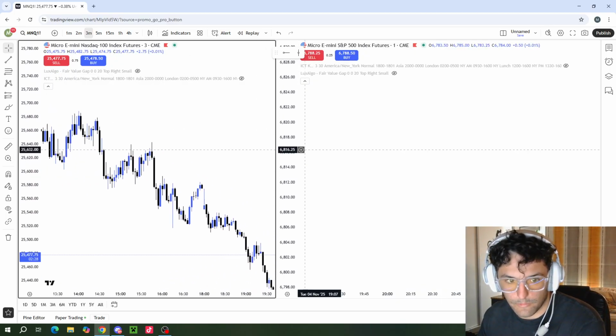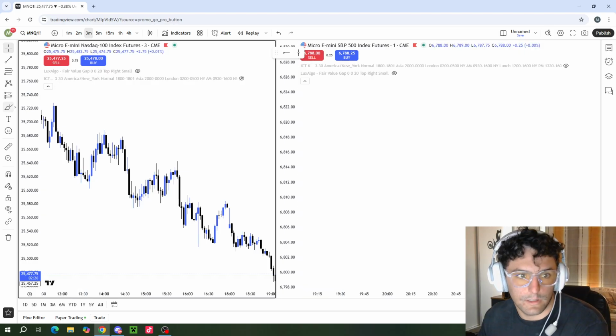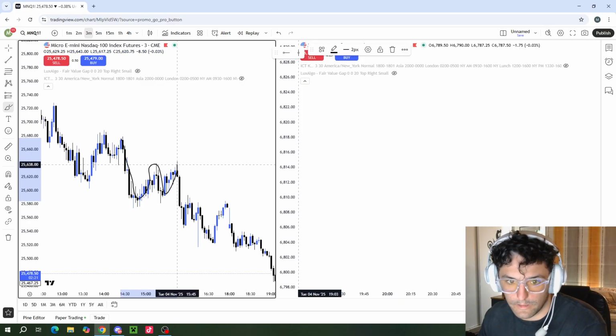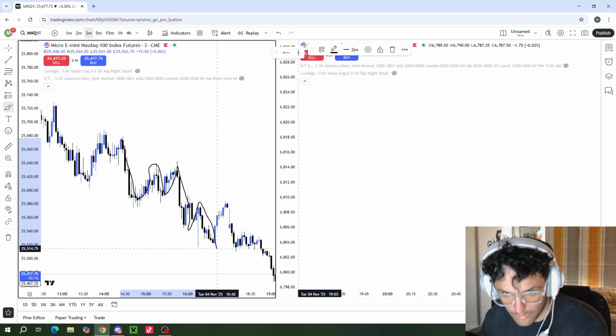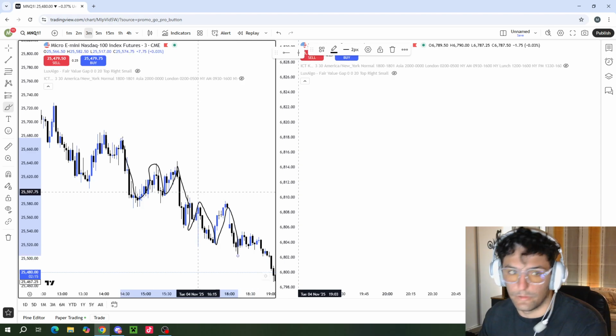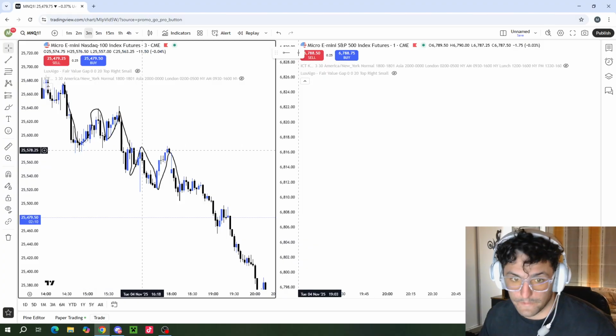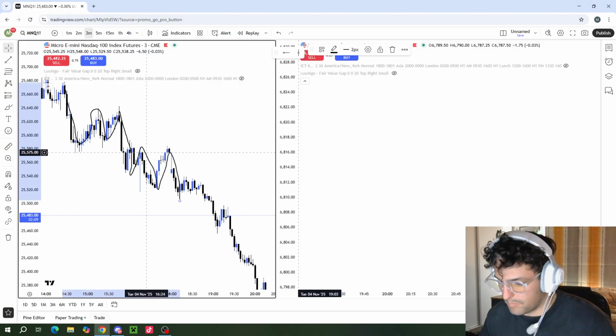So another one. Still in a downtrend here. Lower low, higher low, lower low, higher low, lower low. Are you starting to get that? Do you understand that? I'm not going to go over a break of structure